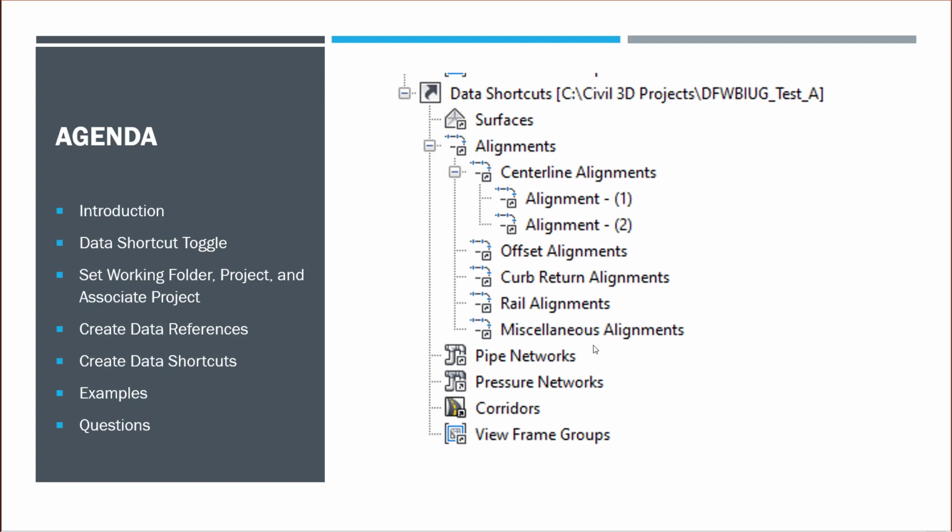I'll demonstrate how we can create data references, take data and put it into a drawing, and also how to create data shortcuts and take data from the drawing and make data shortcuts from them so we can use them in other drawings. And then I'll show some examples on tools that have been created at Caltrans to utilize this